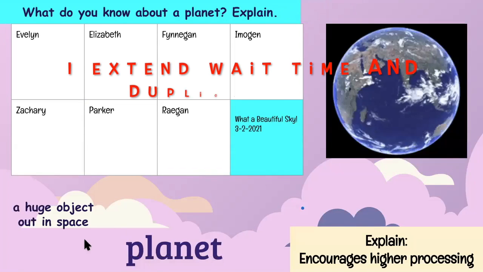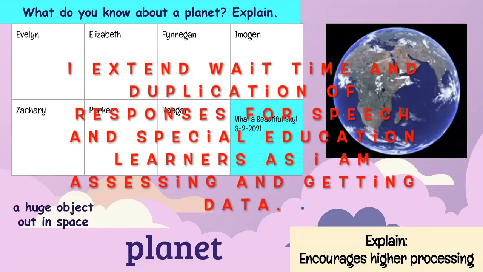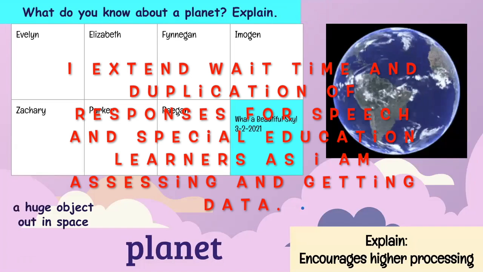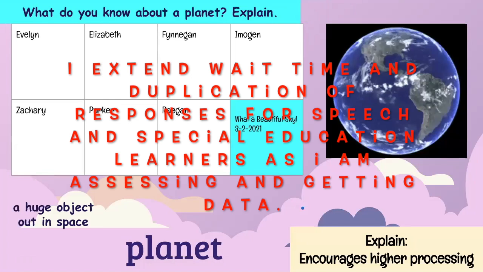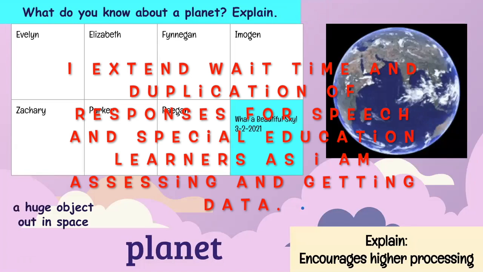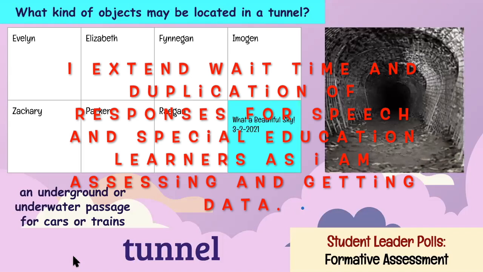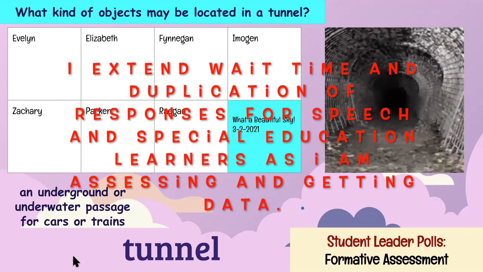Thank you so much. Explain what you know about the planet when I call your name. Zachary, go. The planet is so Earth. Excellent. Thank you, Zach. What would you find in the text? Maybe you would find a train because most trains go in tunnels sometimes.